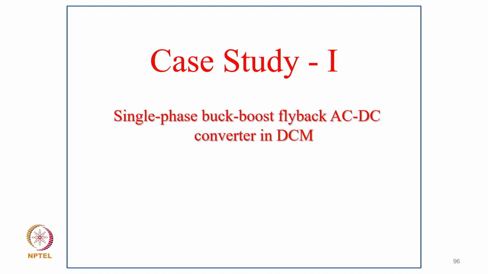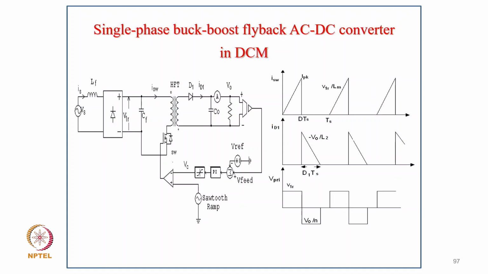Now coming to case study 1, with a single phase buck-boost flyback AC-DC converter in DCM, and this is a typical case. You can look into how after the diode rectifier we are using a small filter capacitor with the flyback converter and with the feedback of single output, and you can see how it proves that it is in DCM. So first the current increases when the switch is on, goes from 0 to peak, and when the switch is off at DTs, that is the on period, then the diode current decreases from that peak to 0, and there is a third interval when neither the diode nor the switch is conducting, and you get zero voltage across the inductor as you look into the primary voltage.